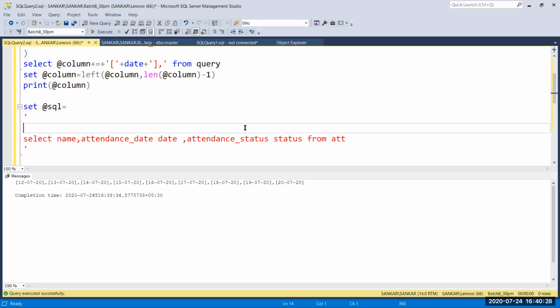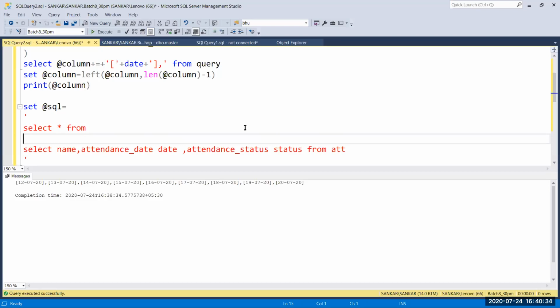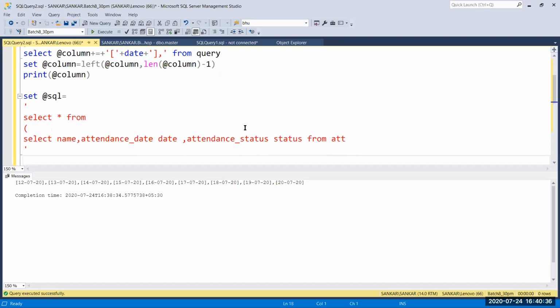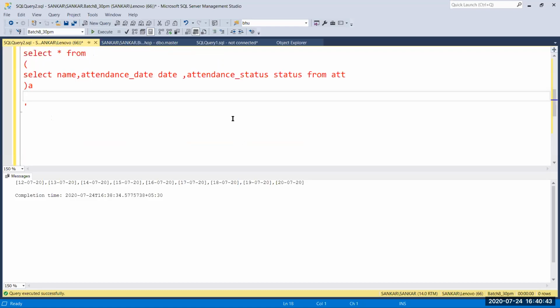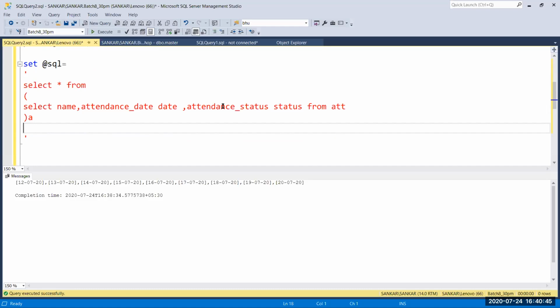Then after that I'm going to give select star from here. Then you have to close this and give a name for that, and here you have to pass pivot. This is the same as we have seen in our static pivot table, same query.